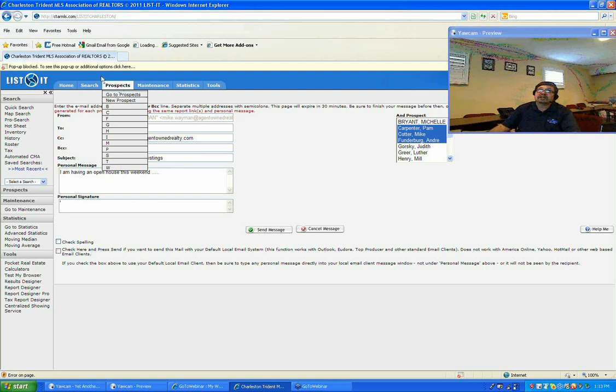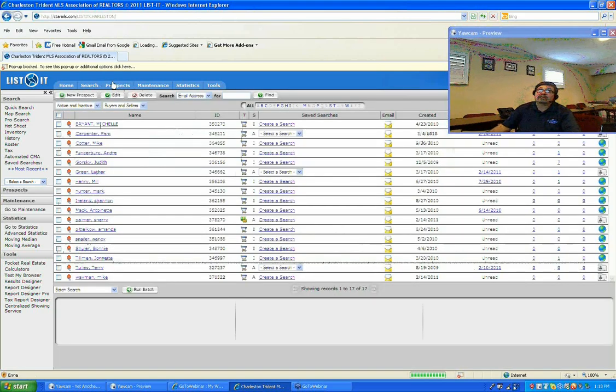What I've done now is went back to prospect, and I'm going to choose mailing labels. I want to send them all Happy Valentine cards. I can select a few, or I can come up here and select everybody. When I select everybody, you'll see a check mark in all of them. You can come down to the batch search, and I want to generate mailing addresses. When you click on that, you click on the Run Batch,